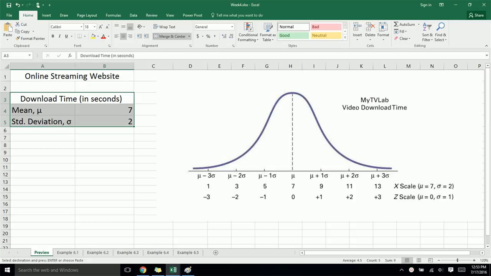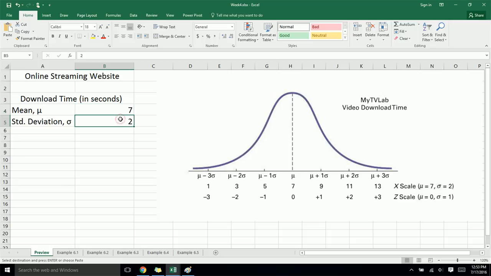Suppose you are the project manager of an online streaming website that streams movies and TV series and also allows users to upload and share original videos. Now you want to attract more users to your website, and that's why you need to ensure that the download time is low. Past data indicate that the mean download time is 7 seconds and that the standard deviation